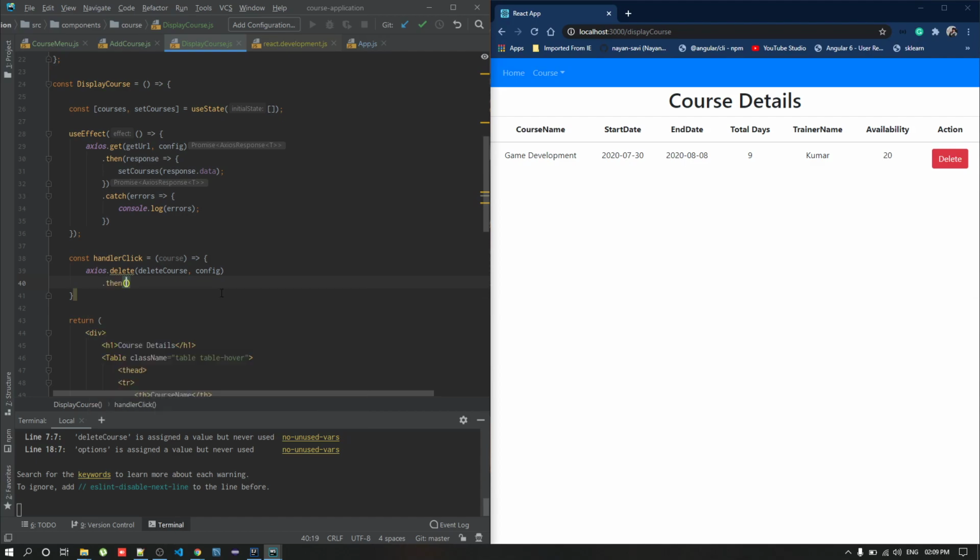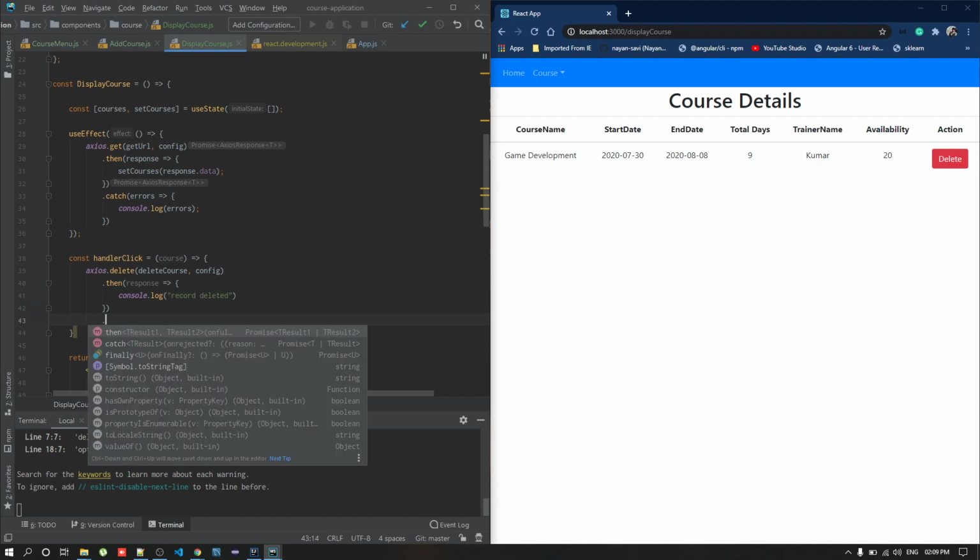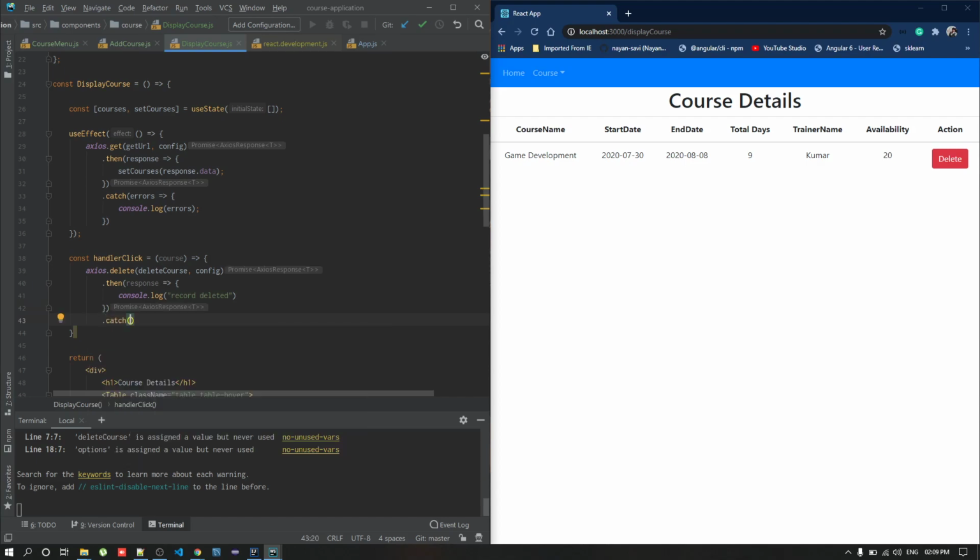Once we return the promise response, I'll be logging console dot log record deleted. Same way, if there are any issues, I'll be catching them in the catch block, so errors.